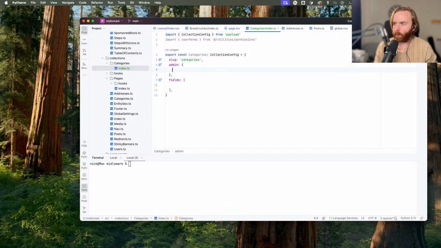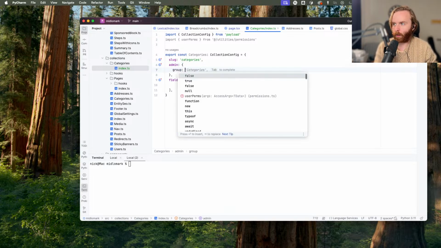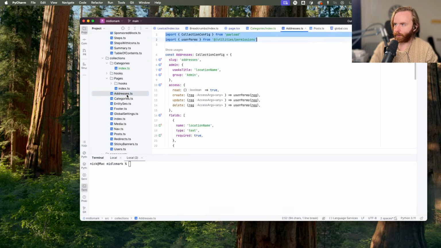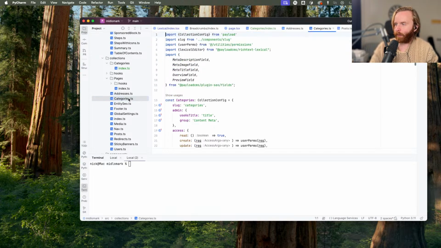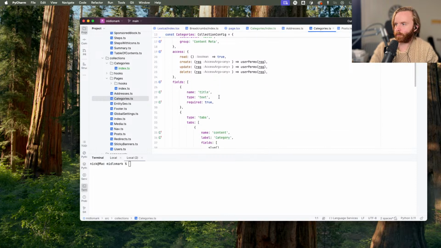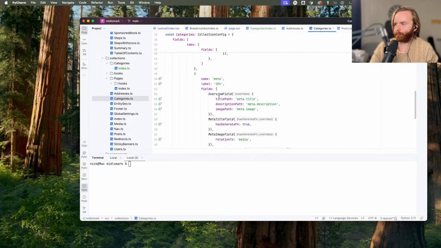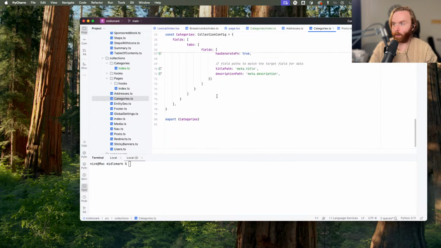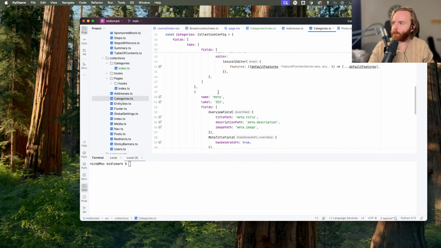Not admin. Well, I can put this in a group, which we'll call, what groups do we have? Where do I have addresses? Not really where that needs to go though. Admin. I mean, meta makes sense. Oh, I already have a categories. Well, I guess what we'll do is just